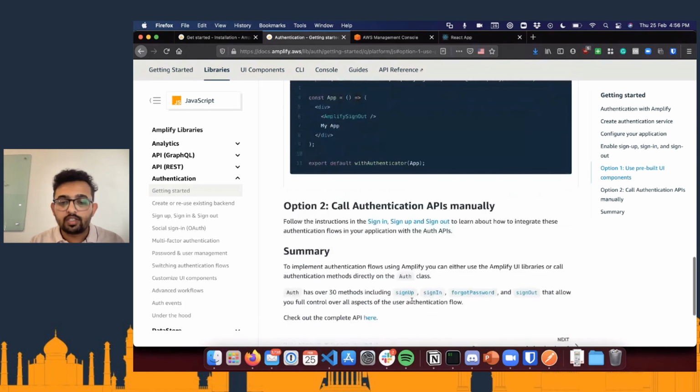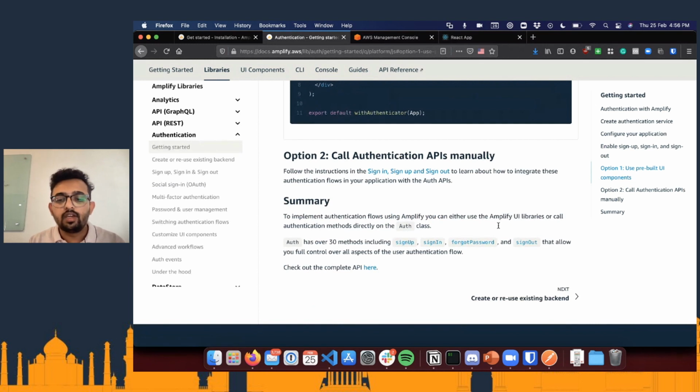You can do Auth.signUp, Auth.signIn, all of these functions. So you can build your own components and tie all of this into that.